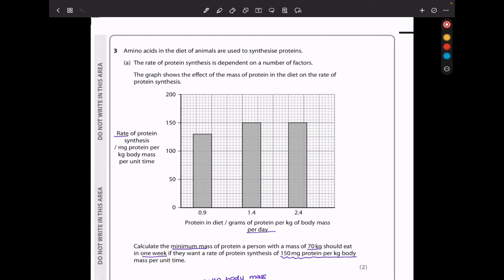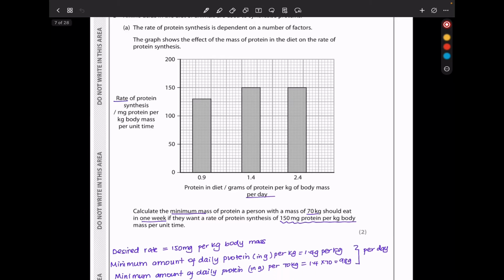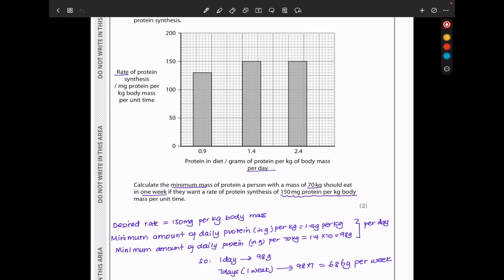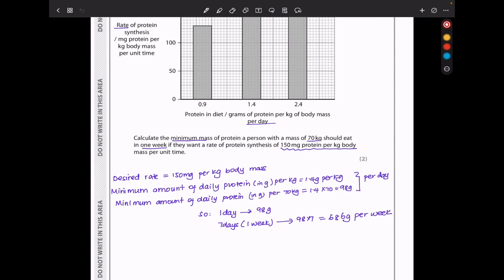The graph shows the effect of the mass of protein in the diet on the rate of protein synthesis. On the vertical axis, we have the rate of protein synthesis, and on the horizontal axis, we have protein in diet per gram of protein per kilogram of body mass per day. So we can see, of course, the values are increasing, but after this point, they level off to about a rate of 150. So they say calculate the minimum mass of protein a person with a mass of 70 kilograms